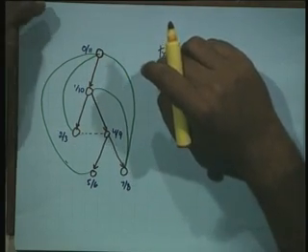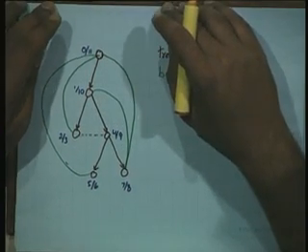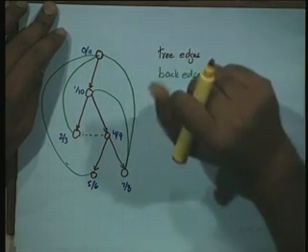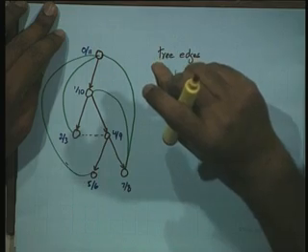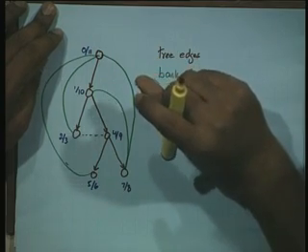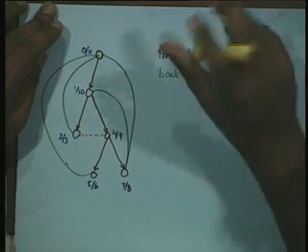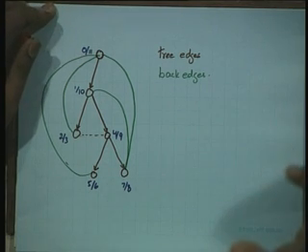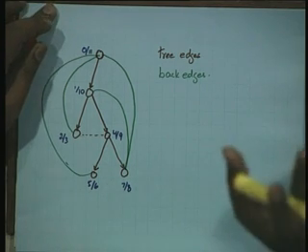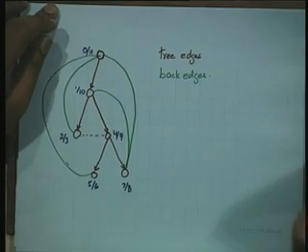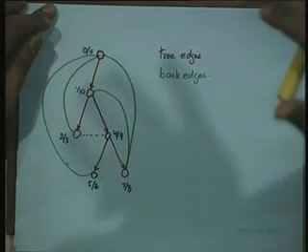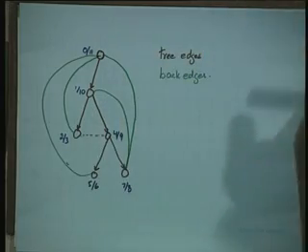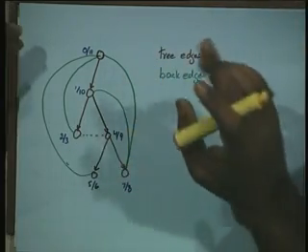Edges which have a level difference greater than 1? No, we will understand what these edges are in a second. There is nothing to do with level here, unfortunately. This is akin to saying edges which jump a level in breadth first search cannot be there, because if they were, then that would not have been our breadth first search, that would not have been this collection of levels. So if this edge were there, then this would not have been the picture at all, it would have been something completely different.